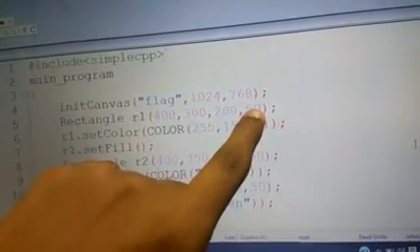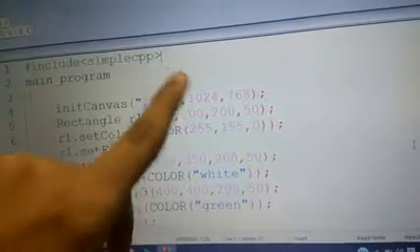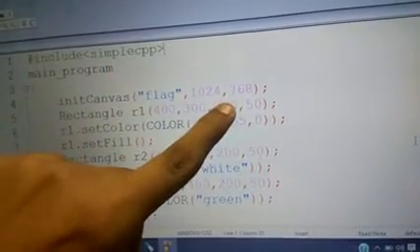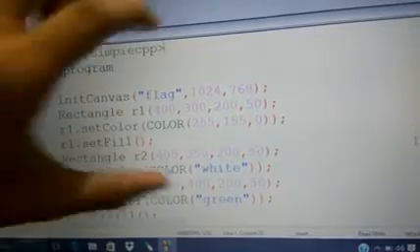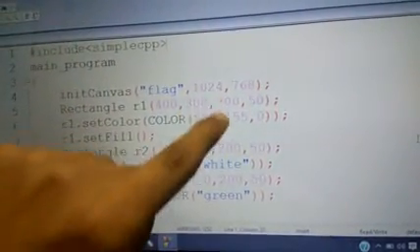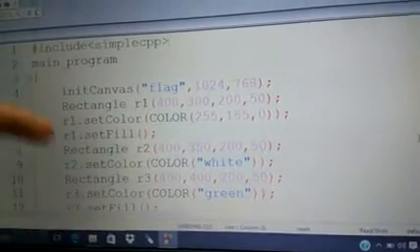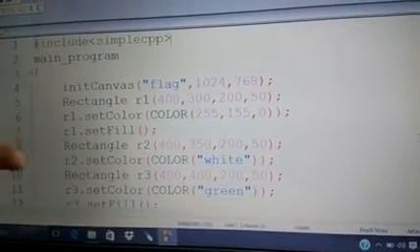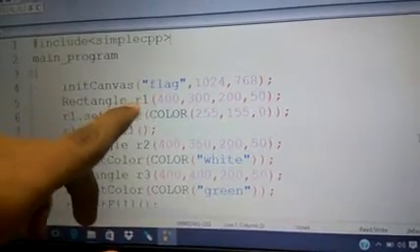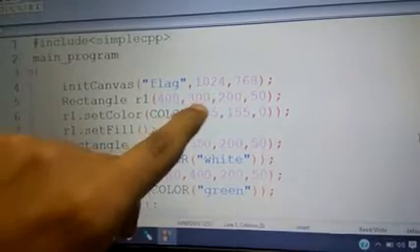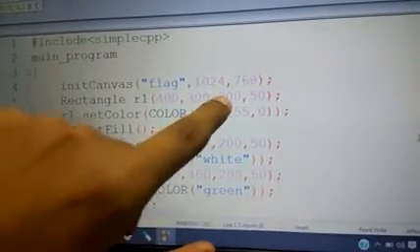And then I'll assign the coordinates as shown. So the coordinates should be assigned very carefully. So before writing the program directly, you should draw a rough sketch of a flag, and then you should assign the coordinates and move accordingly while going to the next rectangle or whatever shape you are going to include in it. So initially I'll call the first rectangle named R1, and I'll assign the coordinates as 400, 300,